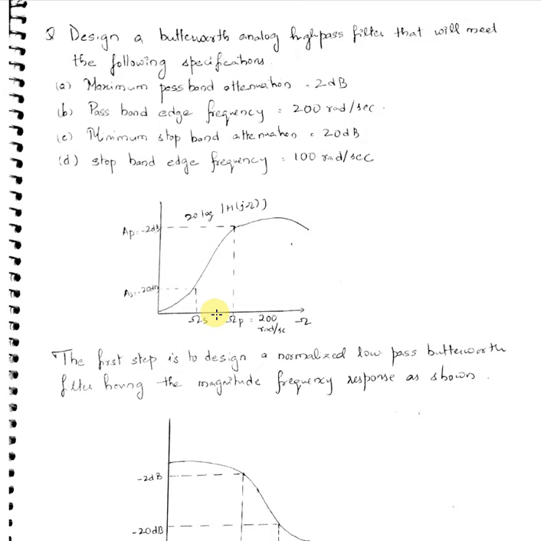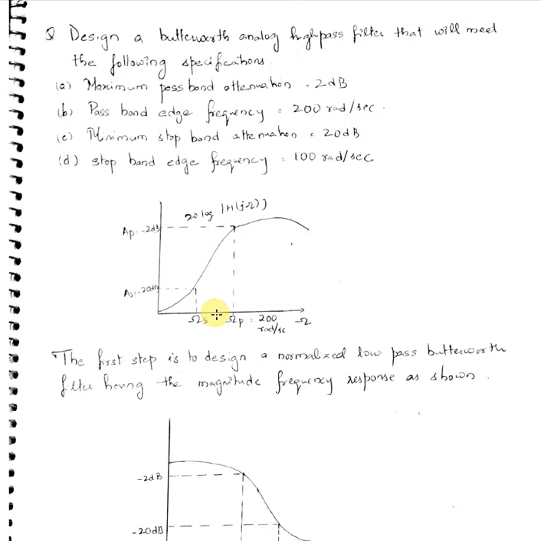and then after calculating your H of s, did you replace your s by any cutoff frequencies? No, you have not done that. What you have done directly, since you wanted to design a band pass, is use the transformation equation, that is, you replaced s by whatever was required to convert that into band pass. You have just replaced that in the transfer function in place of s, and you have got the equation.